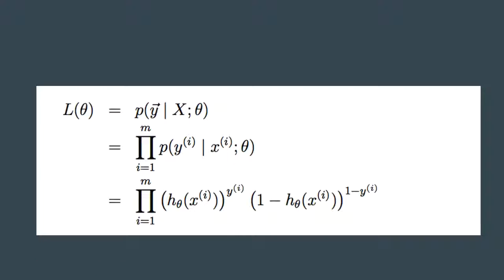So we have the product from i equals 1 to m of h theta of x^(i) to the y^(i), times 1 minus h theta of x^(i) to the 1 minus y^(i). And so we take the log